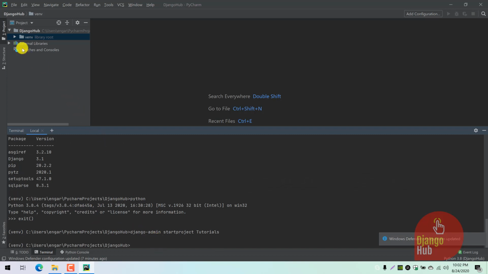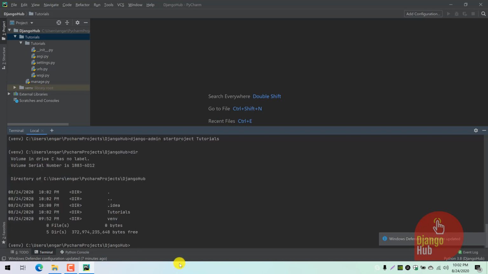Alright, so after this command has succeeded, just go back to your root, your left side, the tree panel. You will find there is a project folder created called tutorials. This is your project folder. So the project creation succeeded. Let's navigate to this project directory. Have you seen the tutorials folder is created? This is your project directory. So navigate to this tutorials,